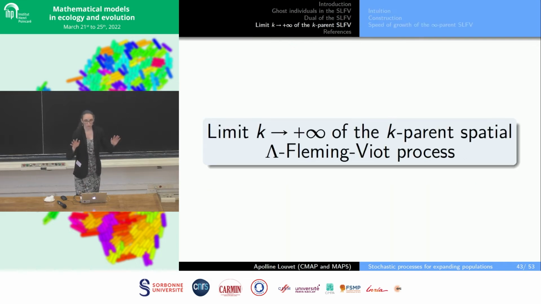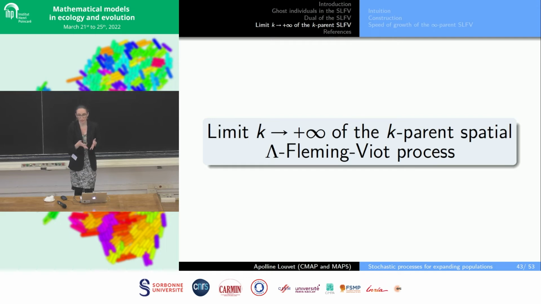So now, for those of you who are already familiar with the SLFV, you must be wondering what I did from a mathematical viewpoint, apart from just putting a different terminology on an existing model. So actually, the thing is, considering ghost individuals, which do not exist, actually motivates looking at a regime of strong selection